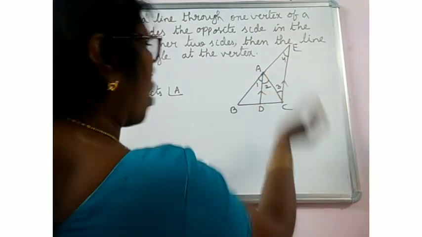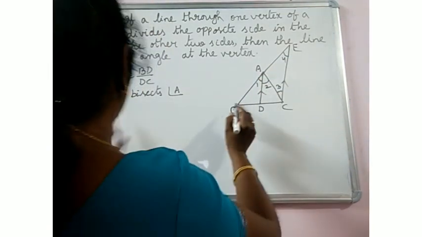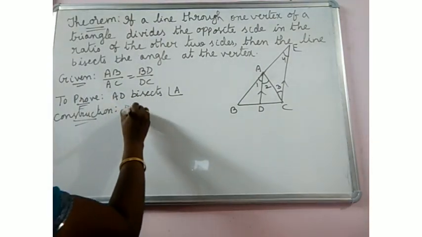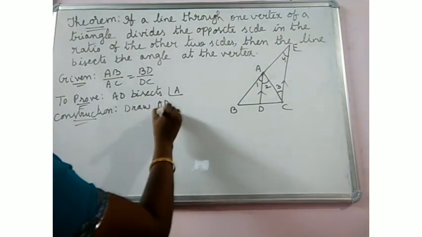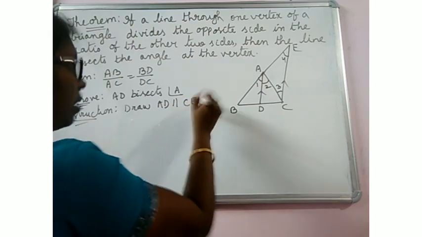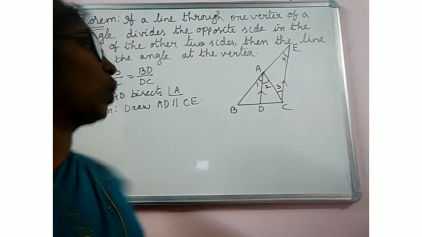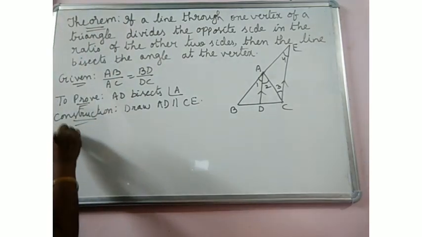So, you have already learned that. Already we have done the construction: draw AD parallel to CE, and we have to produce BA up to E. Okay. And your proof is,